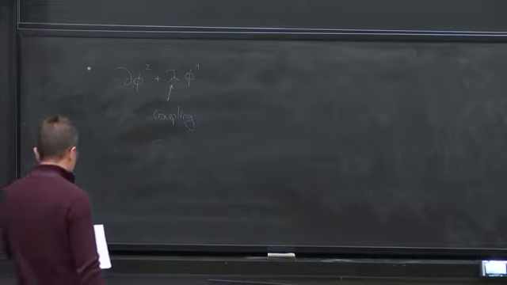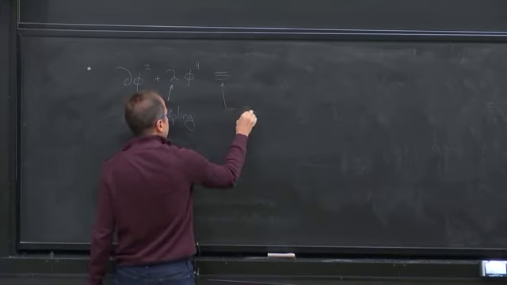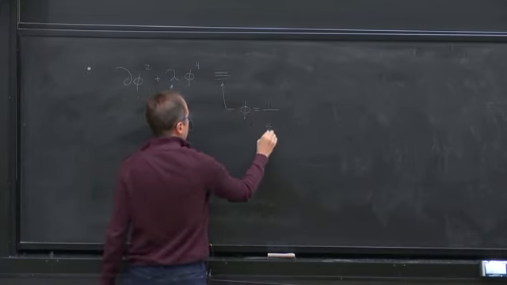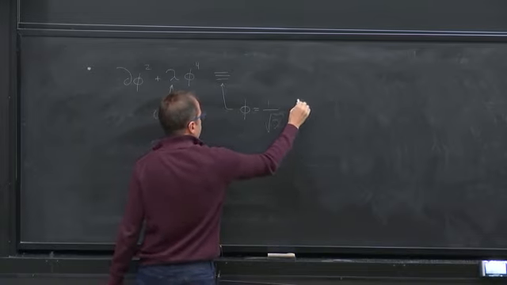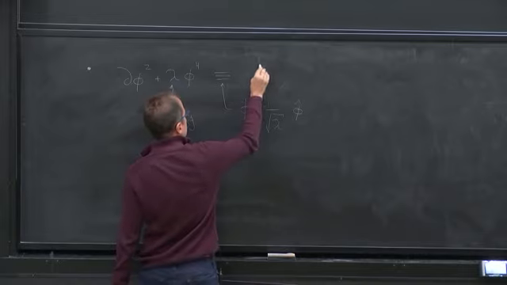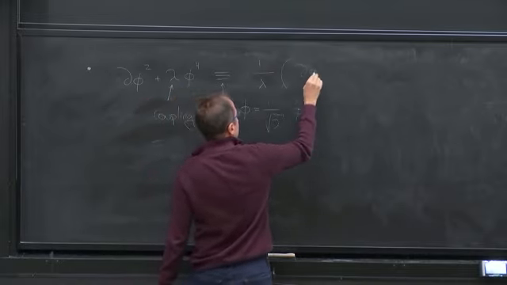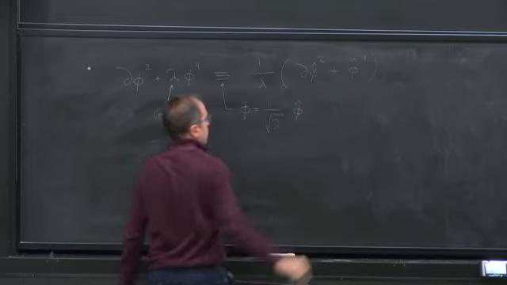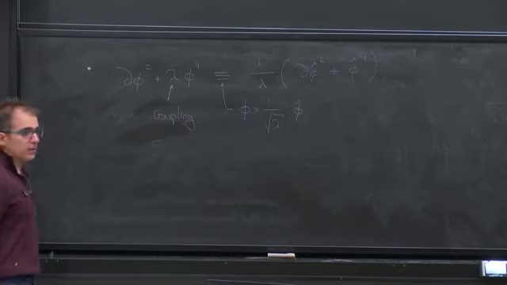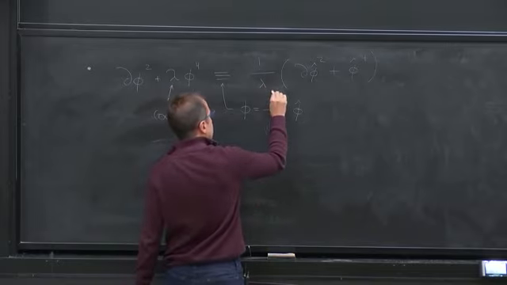And now notice that this is equivalent if we rescale the field, phi equals 1 over square root of lambda phi hat, then this action becomes 1 over lambda, parenthesis, (d phi hat) squared plus phi hat to the 4. So this is equivalent. It's just a different way of writing the action. But because people often get confused, I just want to write it in this way and stress that